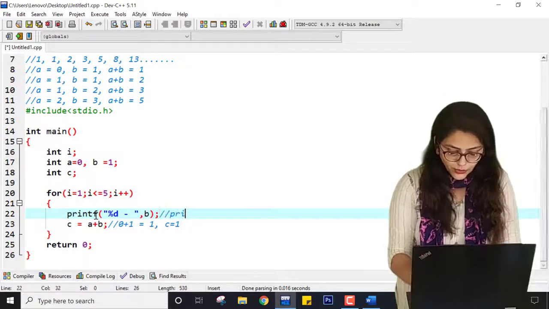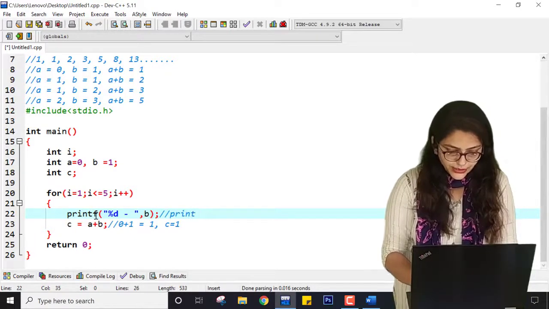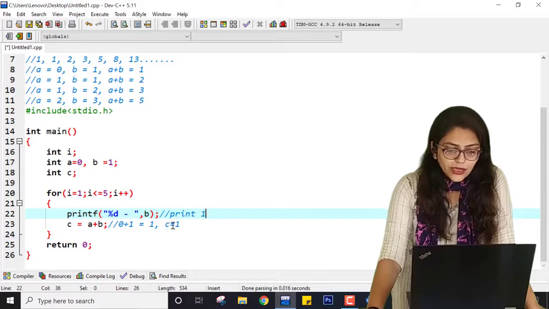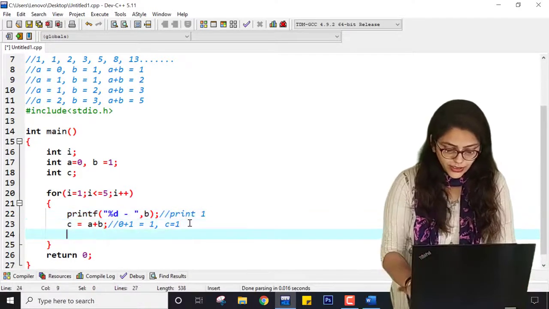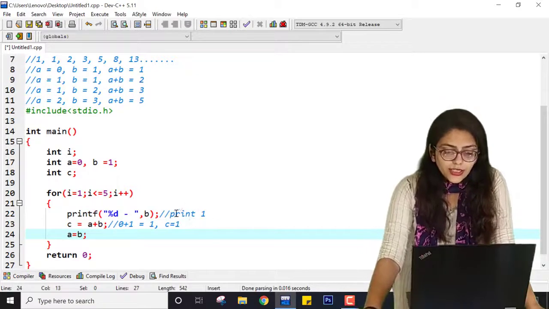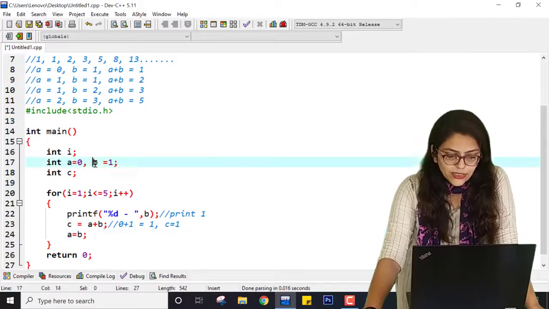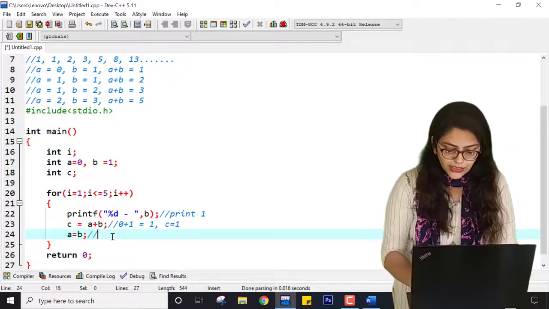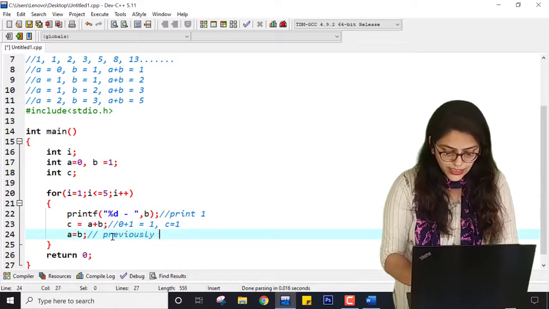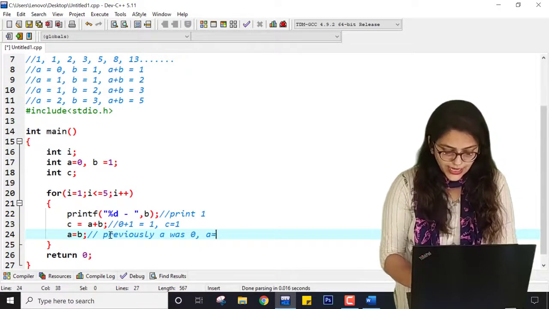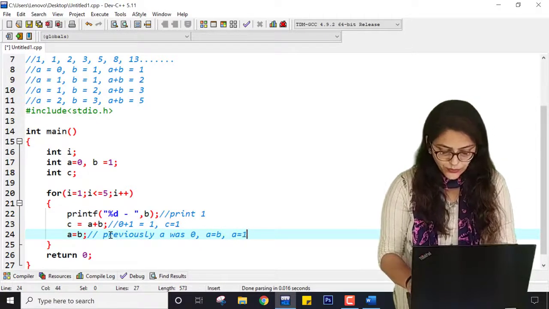So first, what will be printed? b's current value is 1, so 1 will be printed. Then I add, so c will be 1, and here what I am going to do? I am assigning b's current value, that is 1, to a. So previously a was 0, but now after a equal to b, a becomes 1.